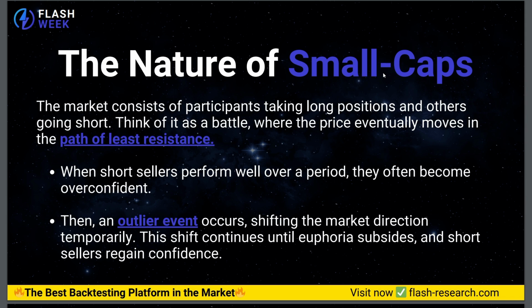as you know, the market is full of human nature, and people often get overconfident and do things that they should not be doing because of these kinds of things. Then an outlier event occurs, shifting the market direction temporarily. This shift continues until euphoria subsides and short sellers gain confidence again. So